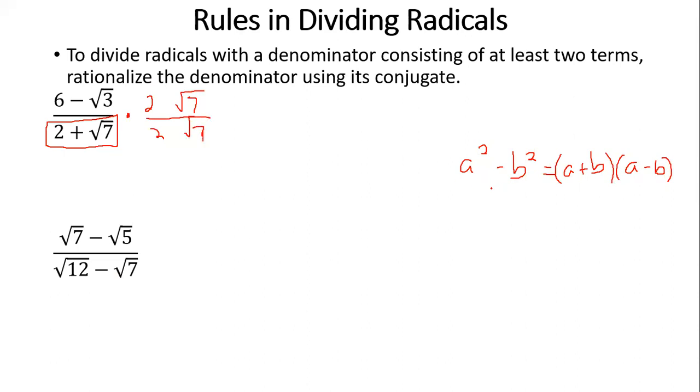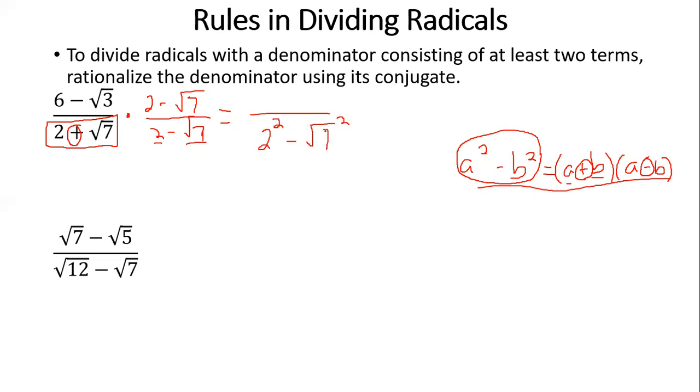So if you're going to take a look at this, ang ginamit po niya ay plus. Ang a po natin ay 2. At ang b natin ay square root of 7. So dahil plus po yung ating operation dyan, papartneran po natin yan ng minus. Okay, so minus po. So ang mangyayari niyan, dito sa ating denominator, ito na po yung kalalabasan, a squared minus b squared. So ang a natin ay 2. So square po natin yan. Minus, kasi nga difference of 2 squares, b squared. So square root of 7